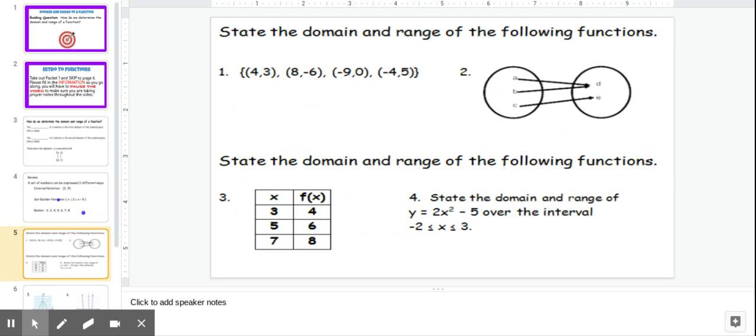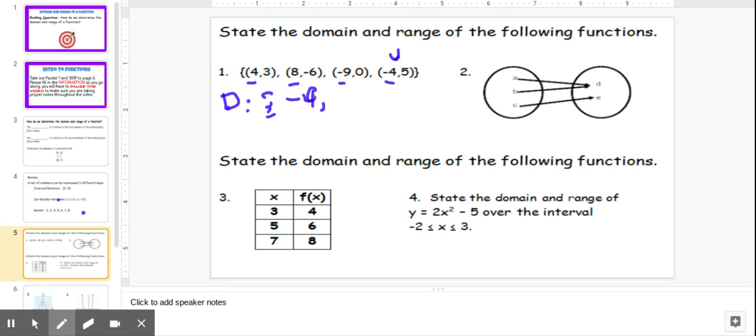So first of all, when you're given a set of points, your domain are just all your x values. I'm just going to label it with D because I can't really write domain. What we usually do is write them from least to greatest. So since -4 is the smallest, and I'm going to put it in squiggly wigglies, we're going to put -4, comma,